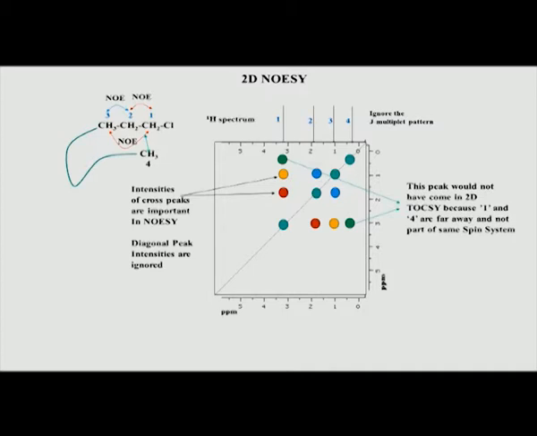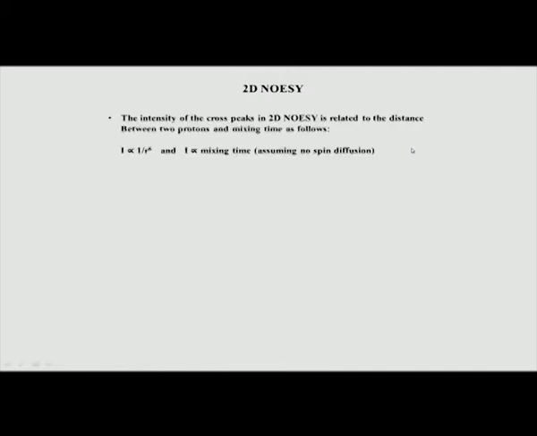So, getting a diagonal-less NOESY has been a focus of research in NMR spectroscopy over the years. Several research papers have been published where people have tried to design a diagonal-less NOESY, a NOESY without diagonal, because peaks which are close to the diagonal can then be observed that would not be observed if there was a strong diagonal present. So, these are basically the ideas behind NOESY. Now, let us see how the distance information comes from the intensity.